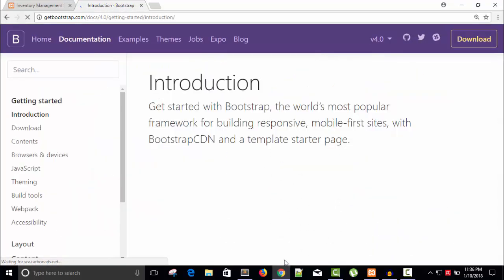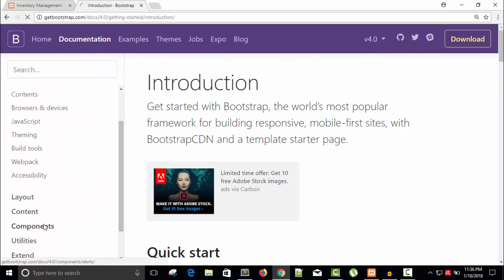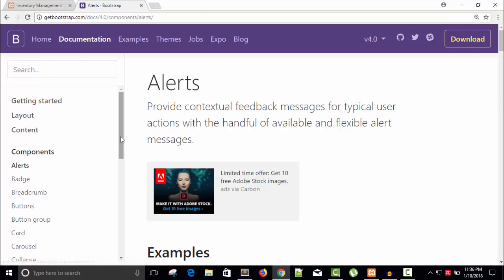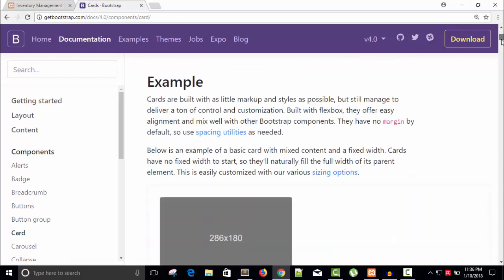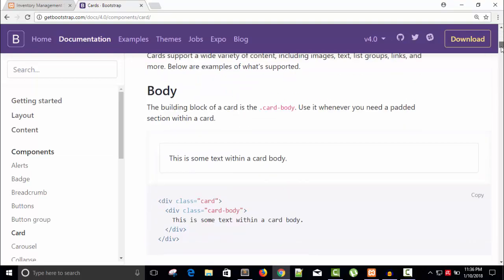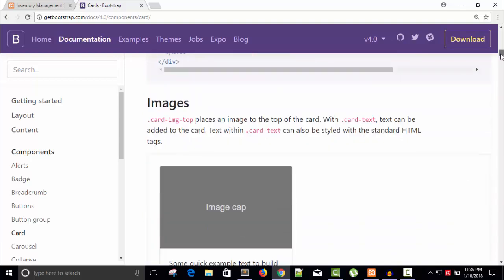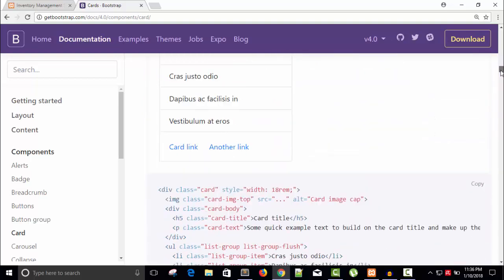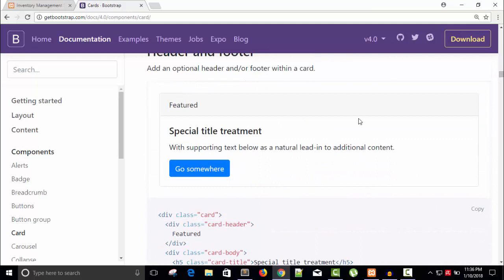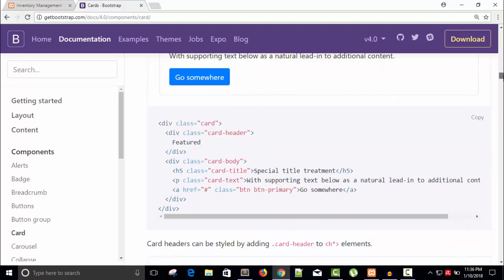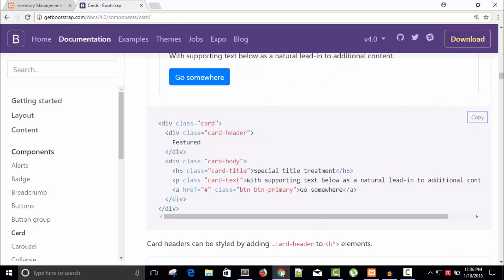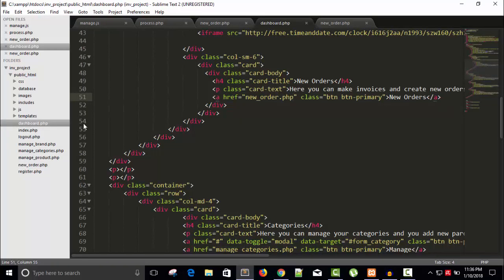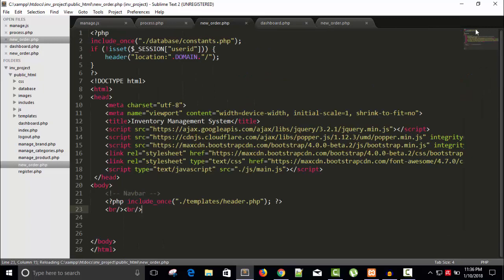Get started. Components, card. I'm looking for this kind of card, right? Let's take this or copy it from here. Okay, in our new orders, first let's give container, increase the font size,